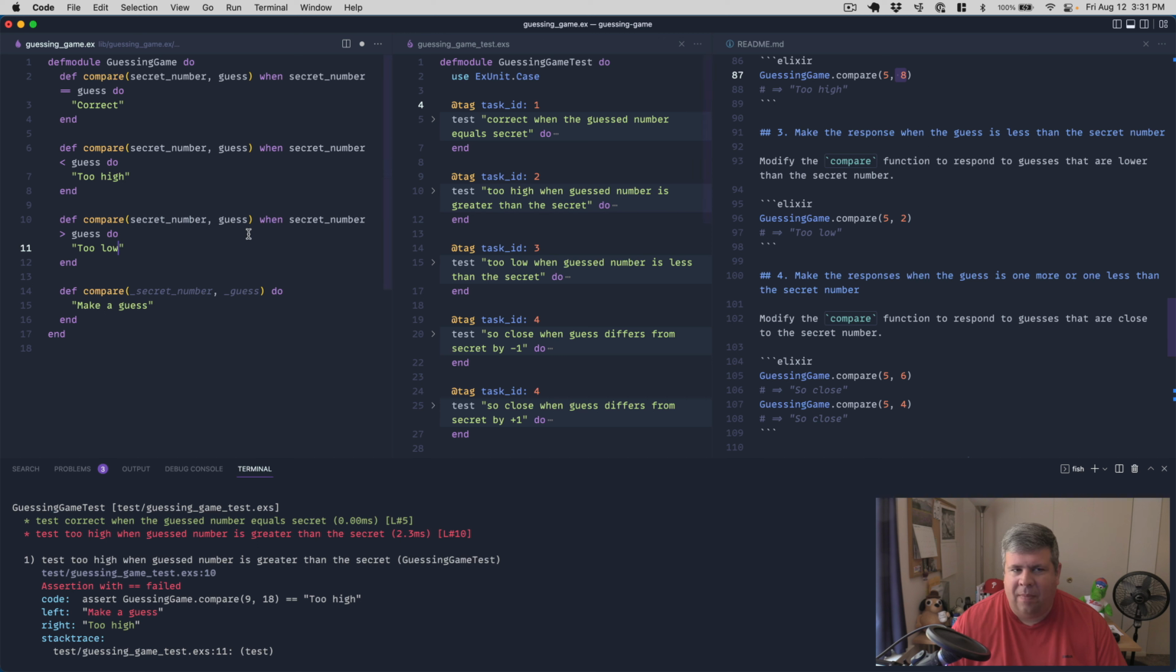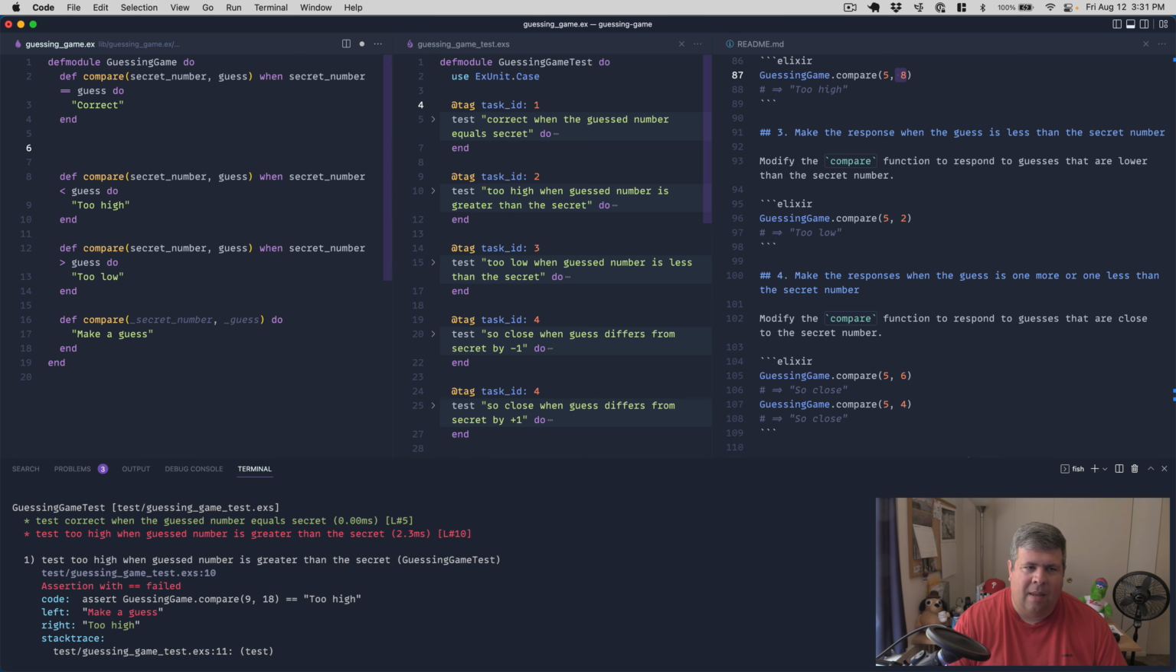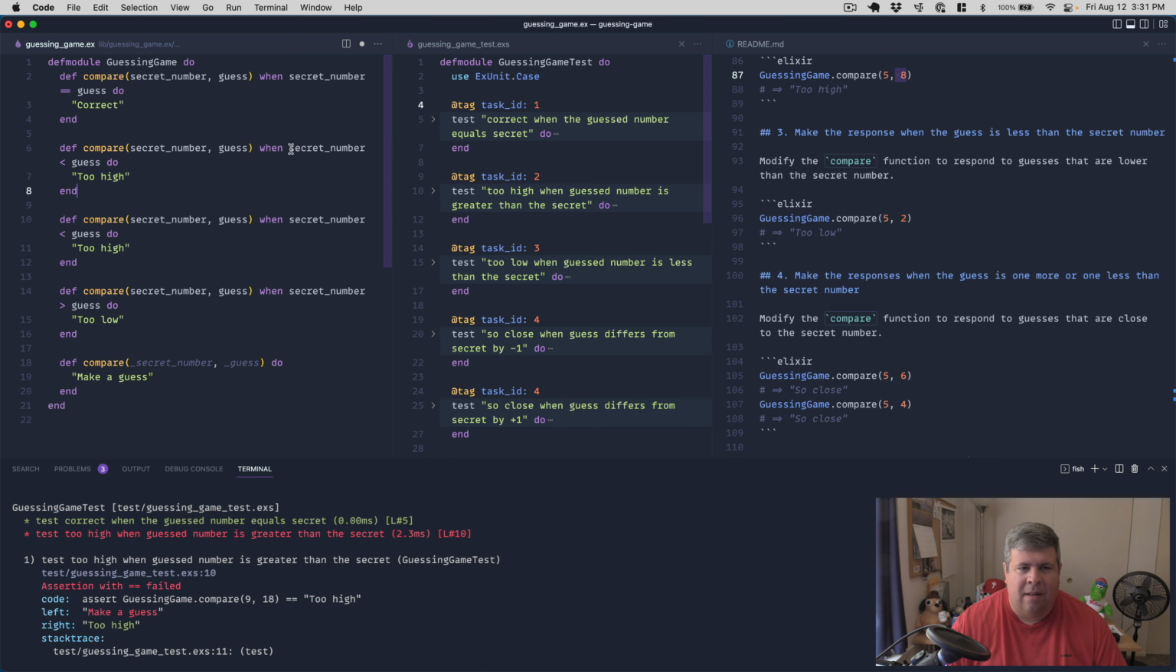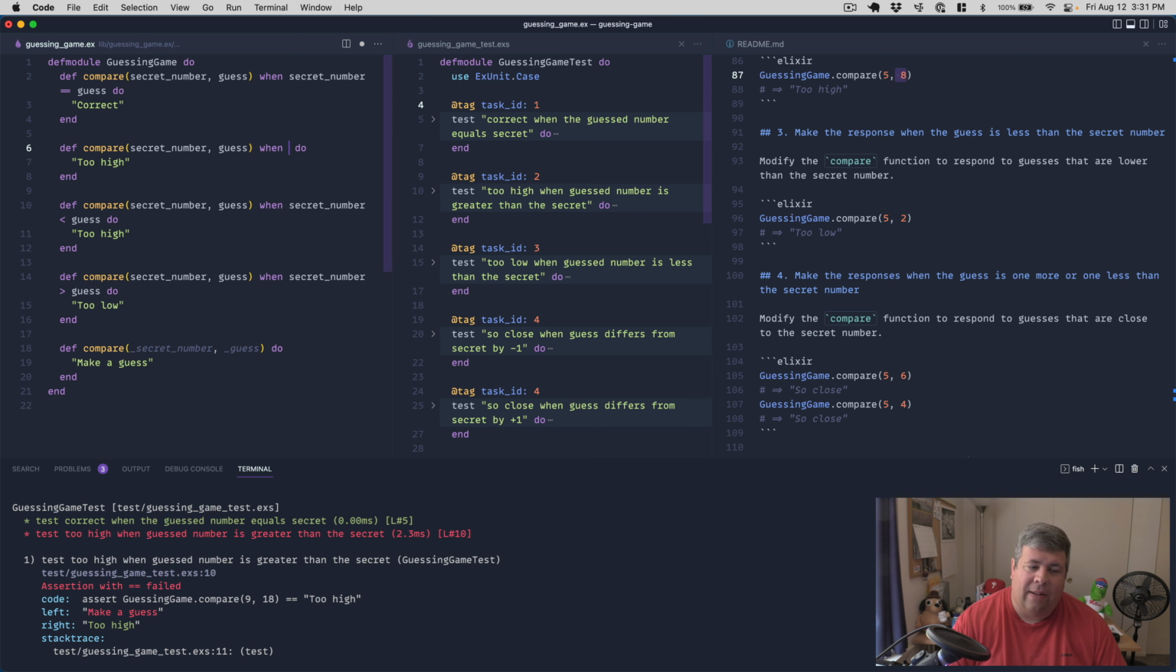Now, this will get into the issue of the ordering. So if we were to do that here, this wouldn't really work well because it would always match too high or too low. So what we need to do is put it up here. And so what we want to find is when the difference of the secret number and the guess is 1. We want to say so close. Is there a way? I mean,